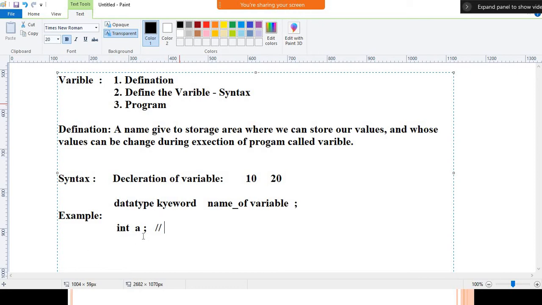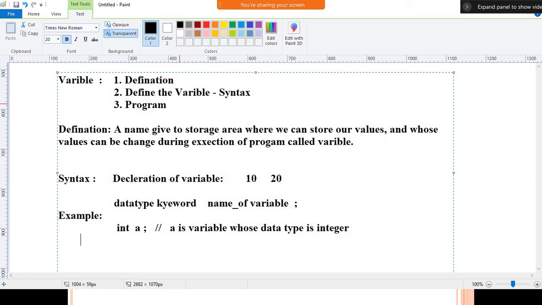That means we can store only whole numbers like 1, 2, 3, 5, 6 inside it. a is a variable whose data type is int.